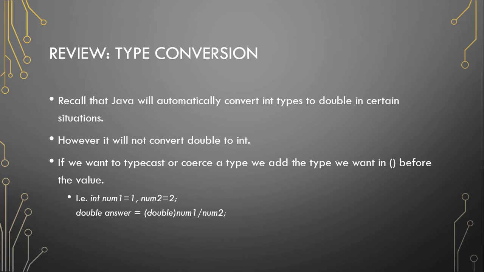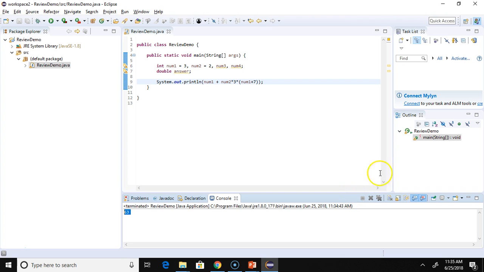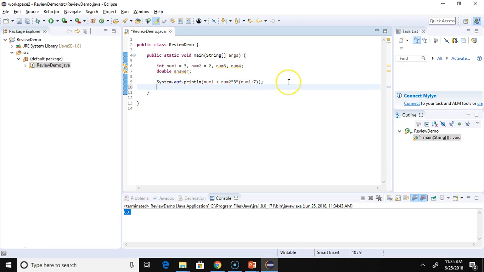So if we want to typecast, or coerce the type, we can add the type we want in before the value. So in this example here, I have num1 equals 1, num2 equals 2, double answer equals double num1 divided by num2. I'm just going to go ahead and add that in here quick. We already have answer declared, so I can just write answer equals num1 divided by num2. And if I outputted answer,